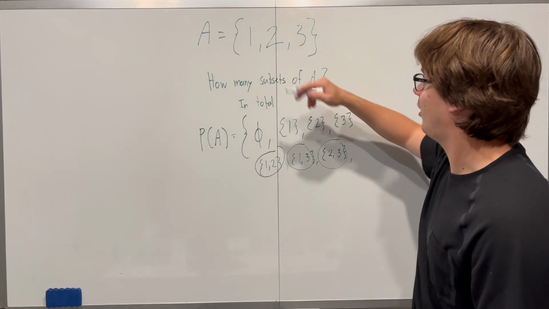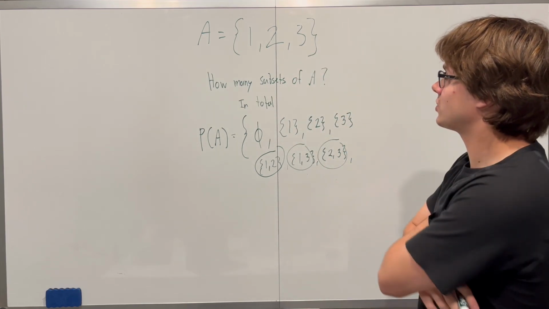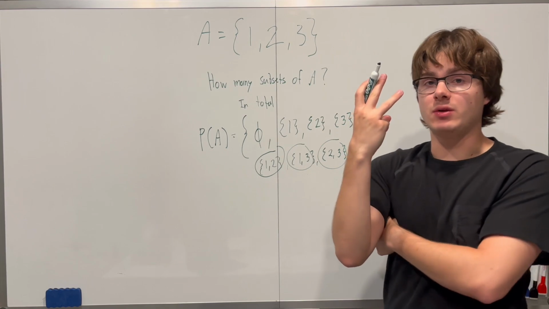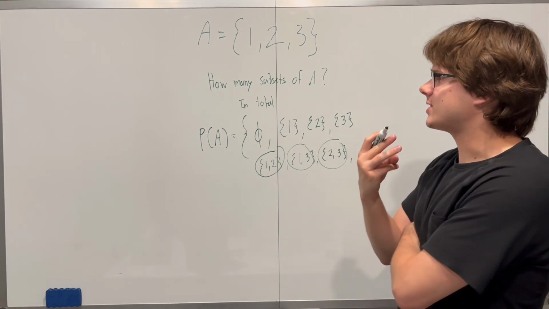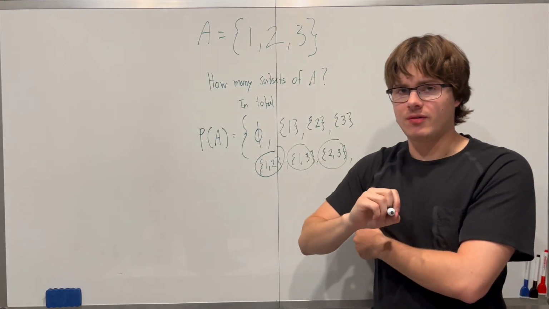It can have one of the elements, one of each element. You can have two of each element in the original set. Well, the size of A is going to be what we call 3. What does the size mean? Well, it means how many elements there are, which means the biggest subset of A, and maybe I'll write a